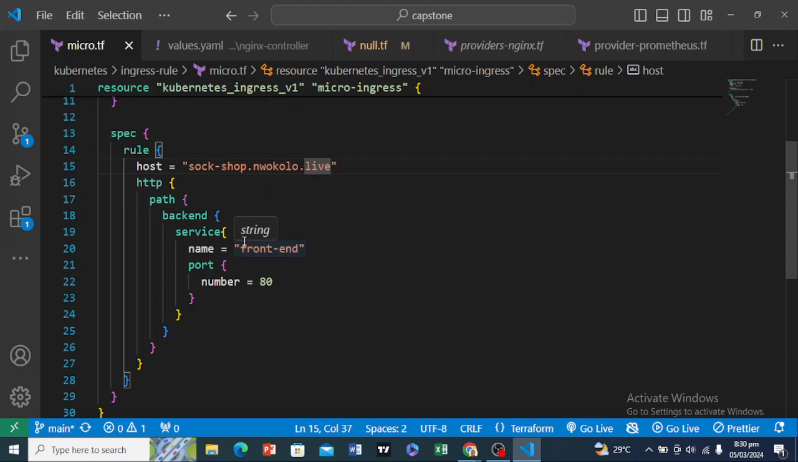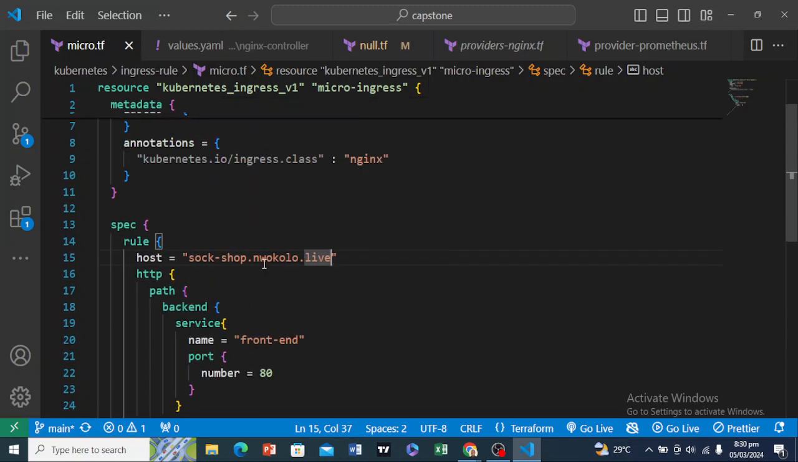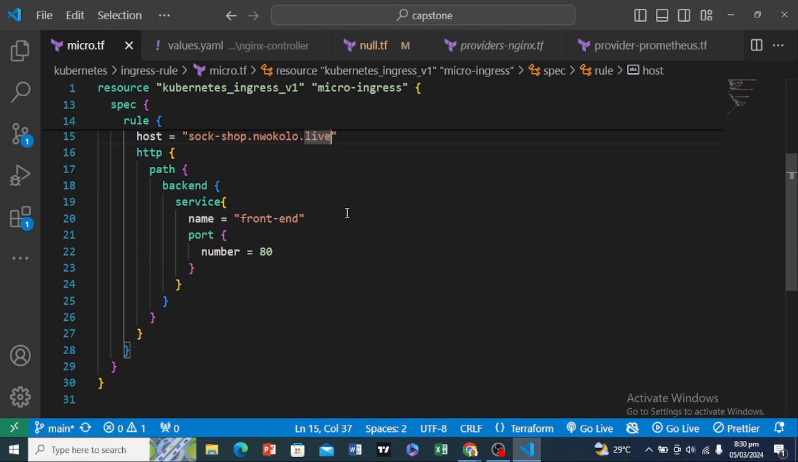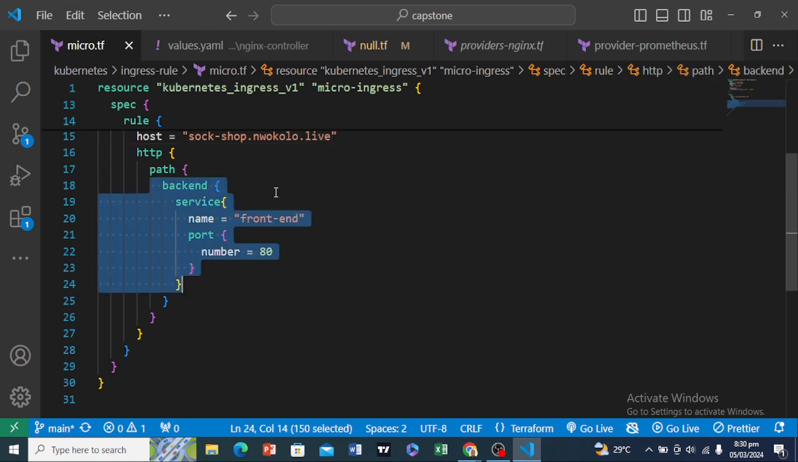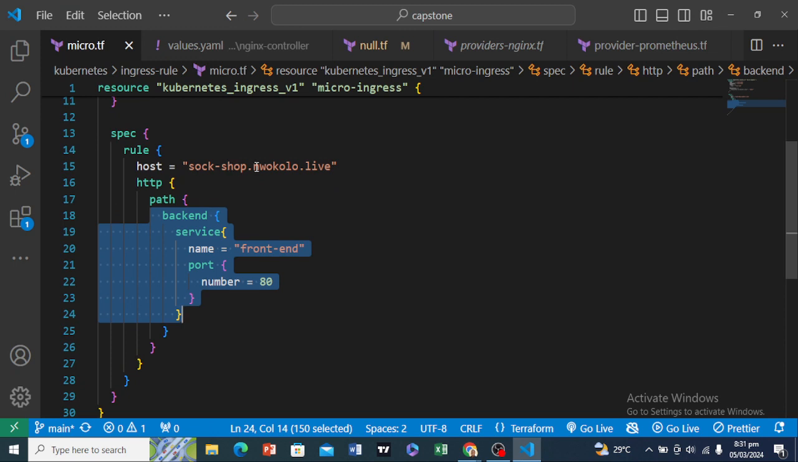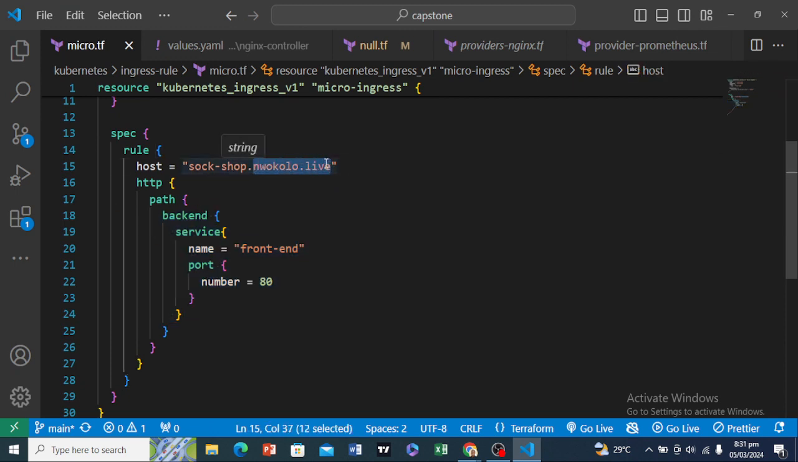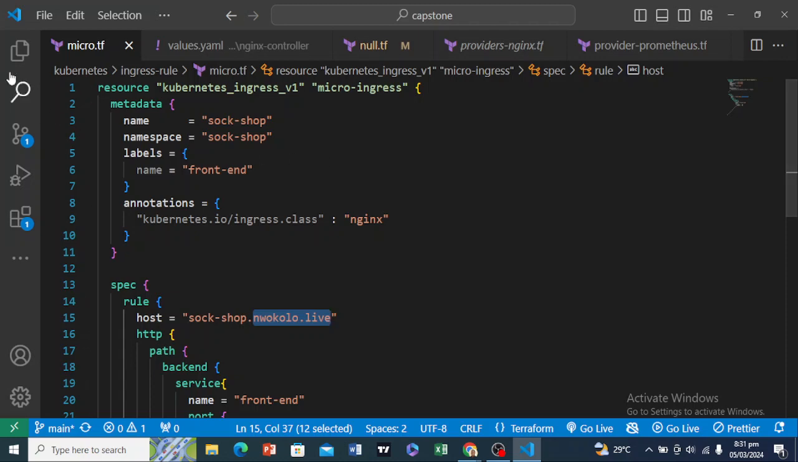And it is open on port 80. So you don't need to make a change to this front end because that's the default name. The only thing you need to change is the sock shop, and if you are changing the sock shop, you need to change the domain name that is here. So with that said,